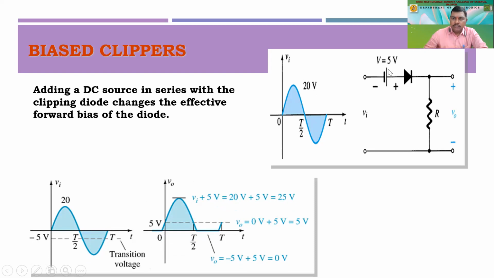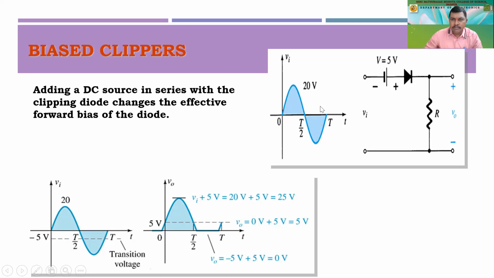If you are able to see, we have connected a 5 volt supply along with the diode, right? So the diode will remain in forward bias. We are putting this AC wave again in the upward direction, so the AC wave will be pulled up. Along with the positive voltage that we are going to apply over here, V in is supposed to be say 20 volt. Now it will be shifted up and become 25 volt, as you can see on this lower screen. So we have lifted this AC to 25 volt, right? So at the output, we will be able to get -5 volt also in the positive half. So -5 volt will also appear in the positive half itself, right?